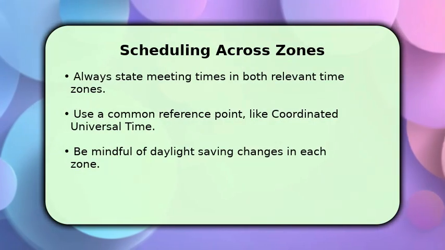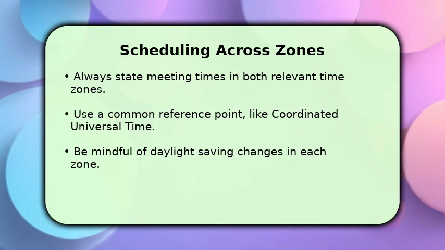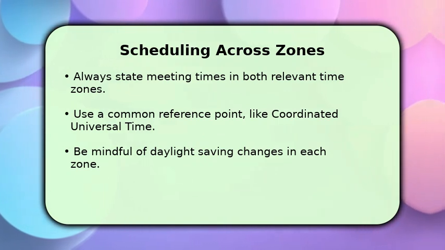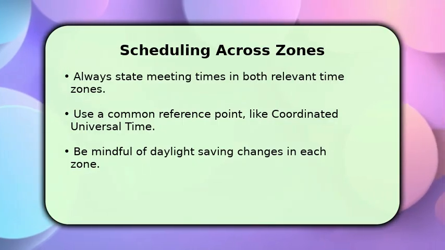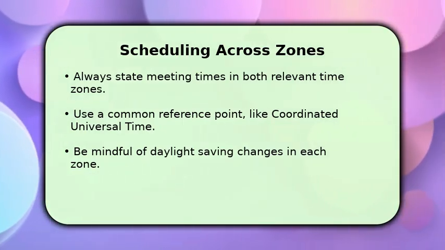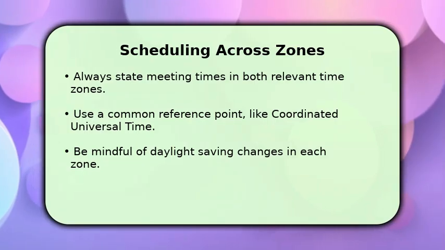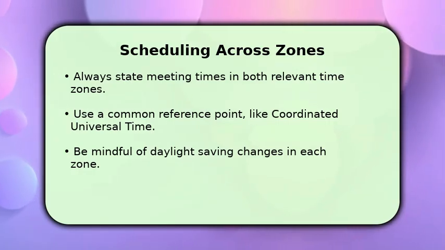When scheduling events, clarity is paramount. Always specify the time in both time zones involved, for example, 10 a.m. Eastern, 7 a.m. Pacific. Utilizing a universal standard like Coordinated Universal Time, or UTC, can also prevent misunderstandings. Remember that daylight saving adjustments can shift time differences, so always double-check these changes, especially during spring and autumn transitions,